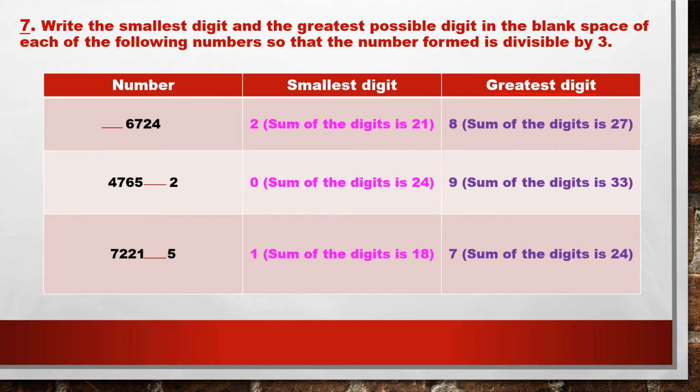So here we got the summation 19. Right. 19. If you add 19 plus 9 you will get 28, but it is not divisible. So when you take 9 it is not possible. Now you take 8. If you take 8, 19 plus 8 is 27. So it is possible because 27 is divisible by 3, right?